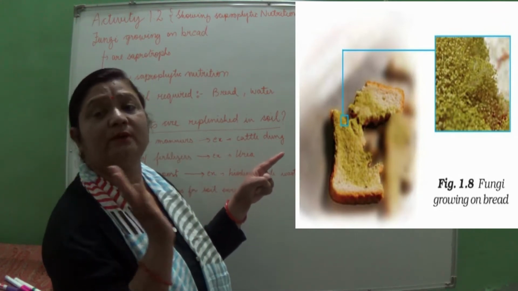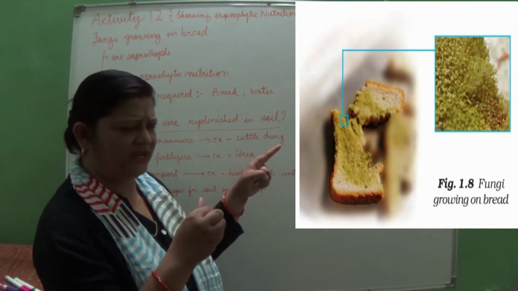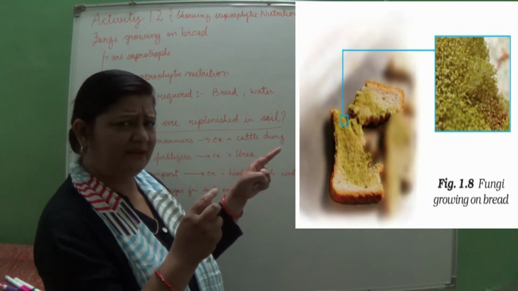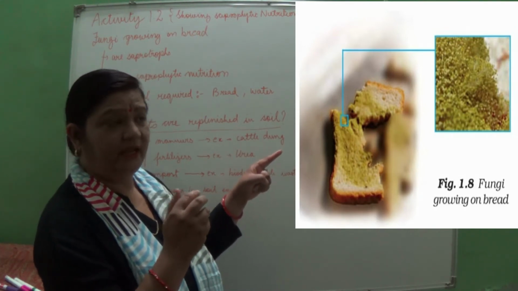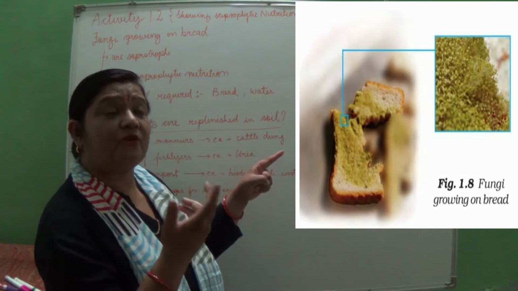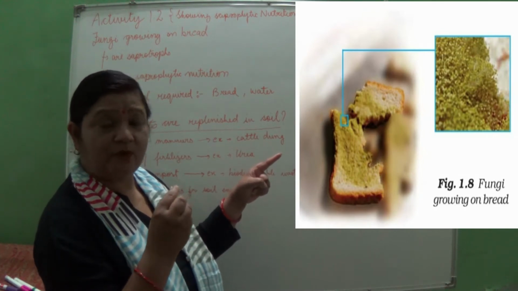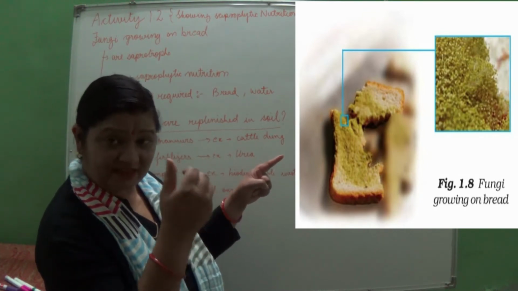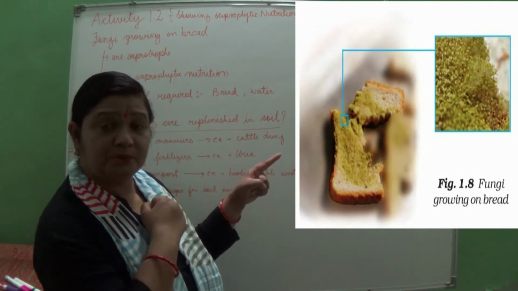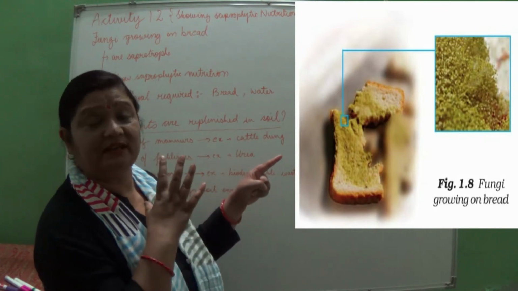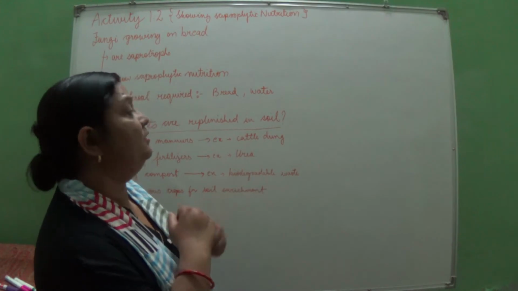They are present in our atmosphere also, so if anything is wet and it is a biodegradable substance, even the skin, fungus starts growing there. It comes to that skin from where? From the spores present in the air, and it takes nutrition from that skin, from your body only. It can also grow on clothes. It can also grow on shoes if they are not kept dry. So this is all about the saprophytic mode of nutrition.